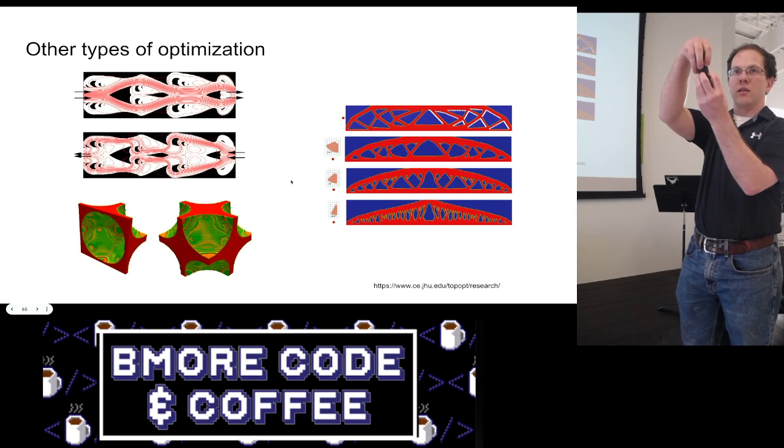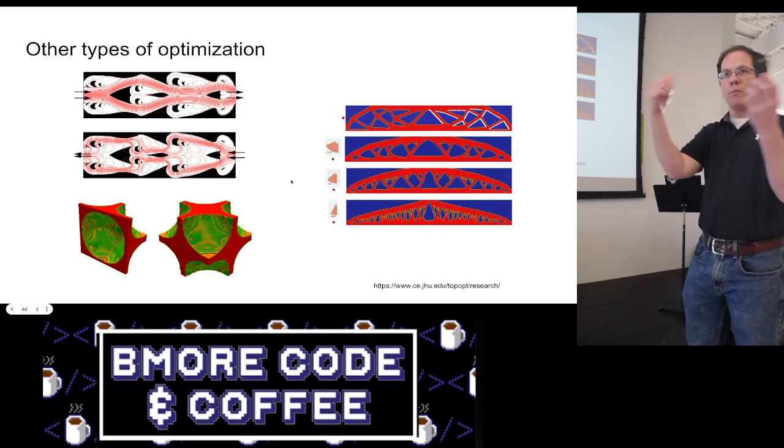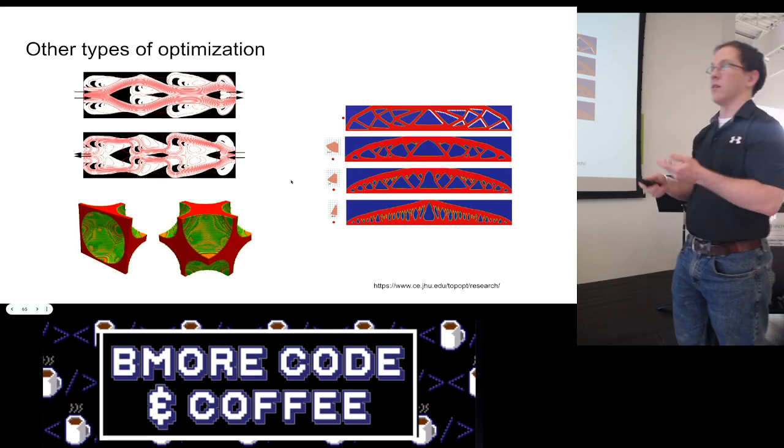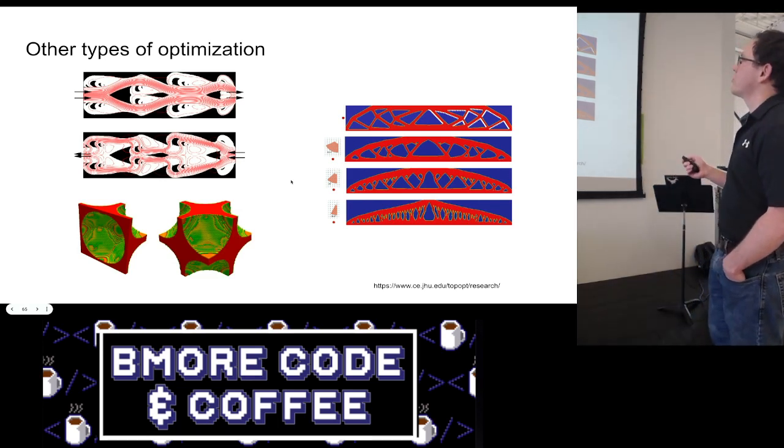You would expect it to suck in. Maybe you guys have seen that. This material will actually expand. It'll go in the opposite direction when you pull on it. That's a negative Poisson's ratio. It's a very interesting material. And then we can do very interesting things for